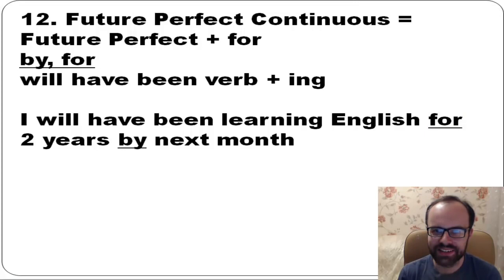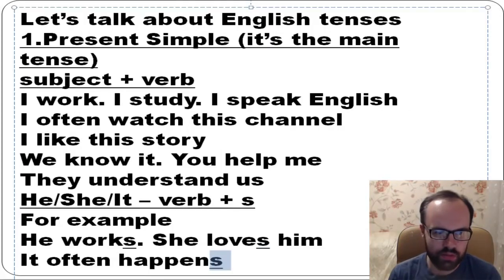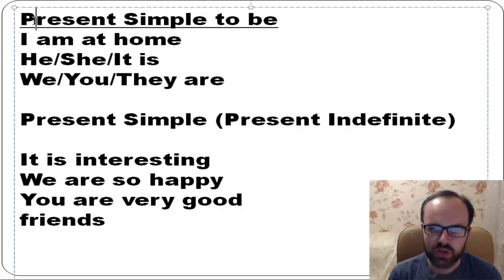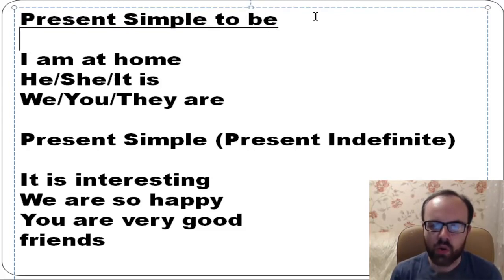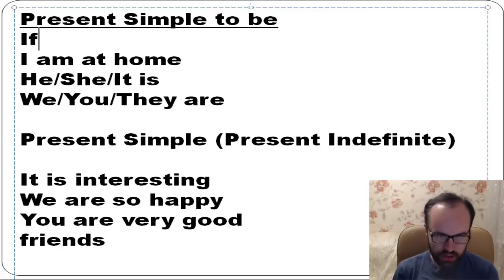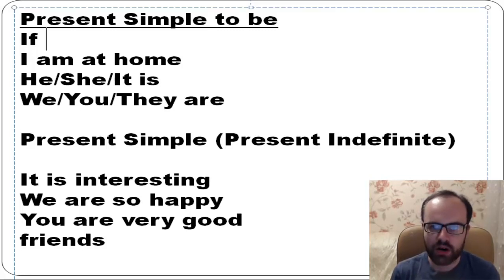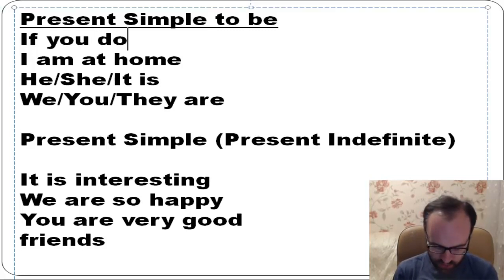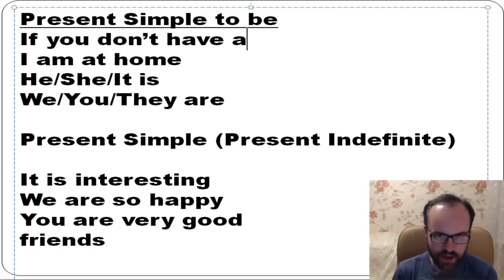It often happens. It's very important. Sometimes you need to use to be in present simple. So when do we use to be? So there is one rule. If you don't have a verb in the sentence, so you use the form of the verb to be. So let's write it down. So if you don't have a verb,